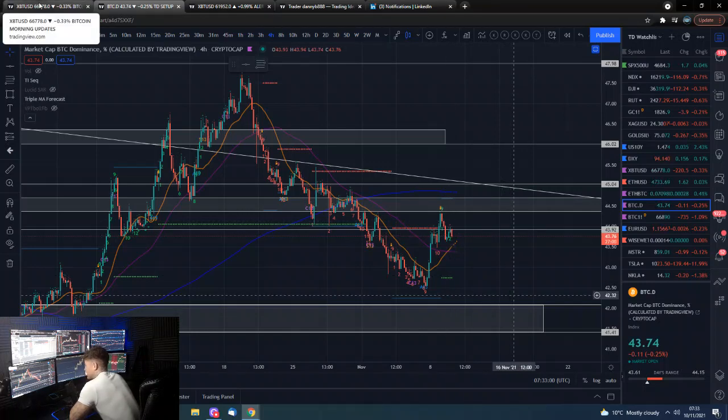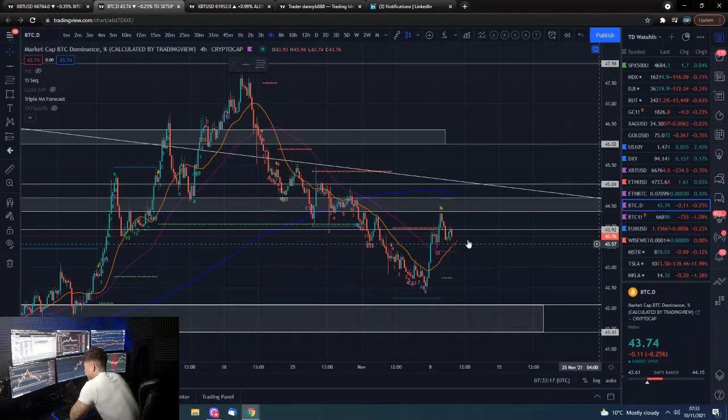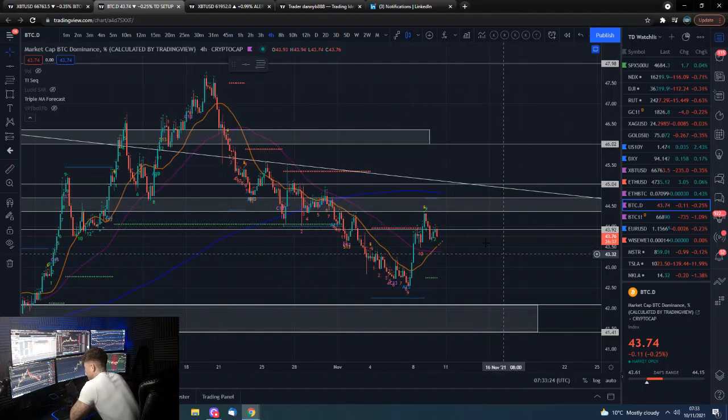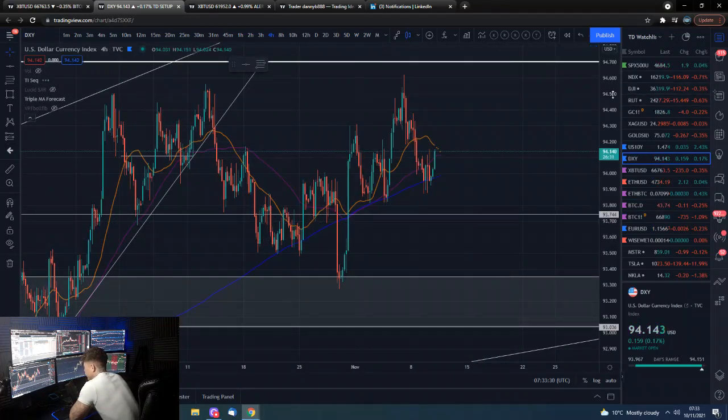On the basis that my bias is that we are gonna trade sideways within this area again, and not necessarily catapult our way onwards up into deep into the 70Ks. On the basis that is my bias, therefore my bias would have to be this is going to turn around here and come down. But that is just pure crystal ball speculation, and to be taken with a pinch of salt. The DXY